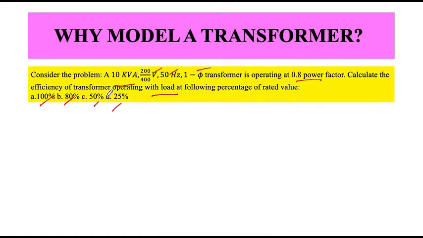So how do I solve this problem? Do I take a transformer, get a voltage supply, get a load which is 100%, and then do the experiment each time for 100%, 80%, 50%, 25%, and get the answer? Or is there any other easier way? The risk when I do this experiment is that I may not be very careful, or I could burn down the transformer and so on.